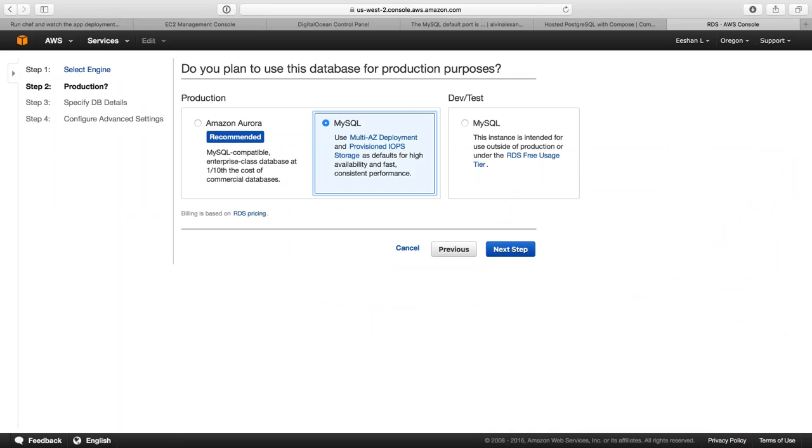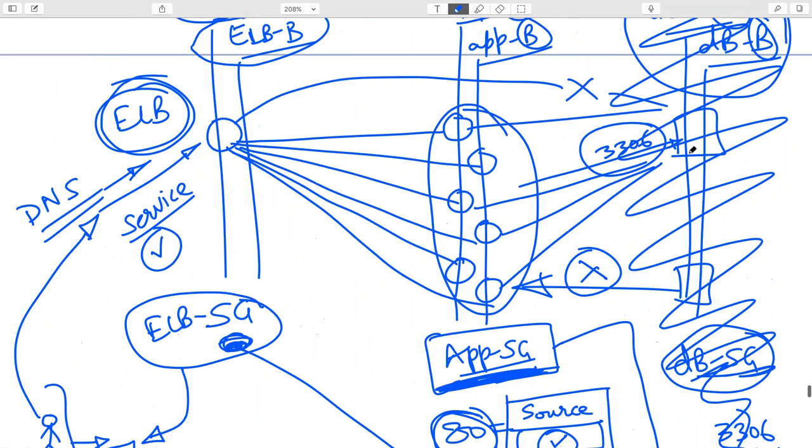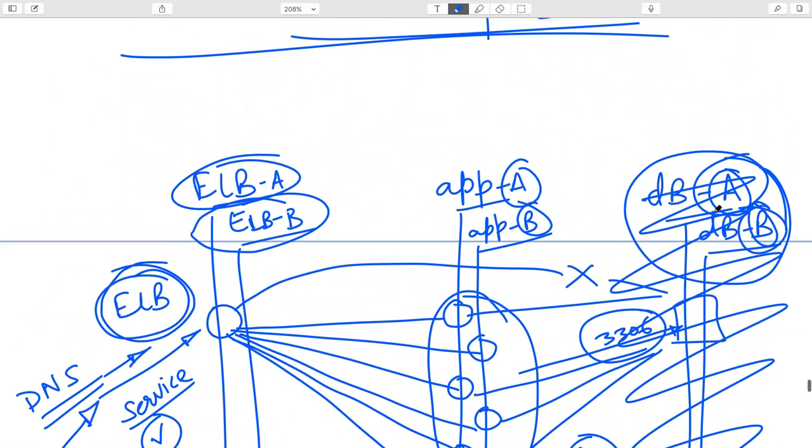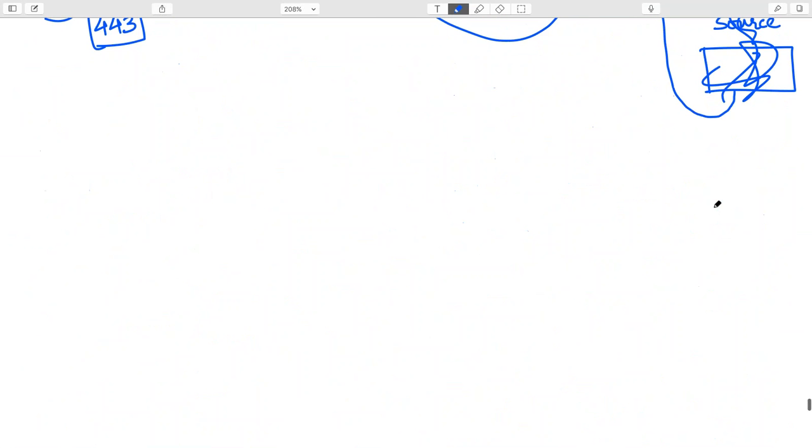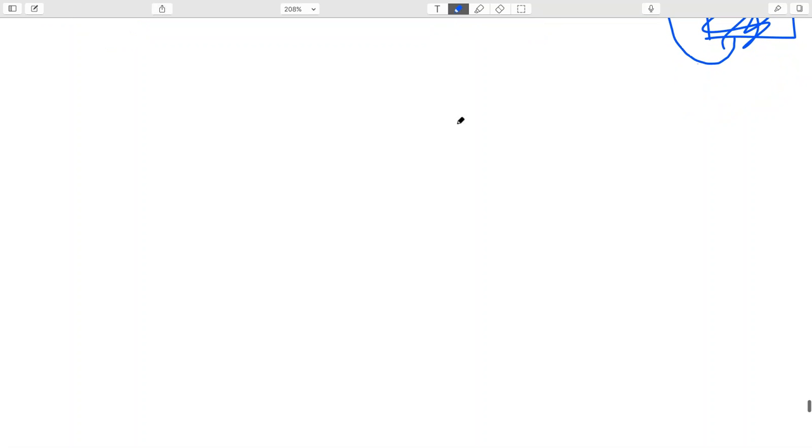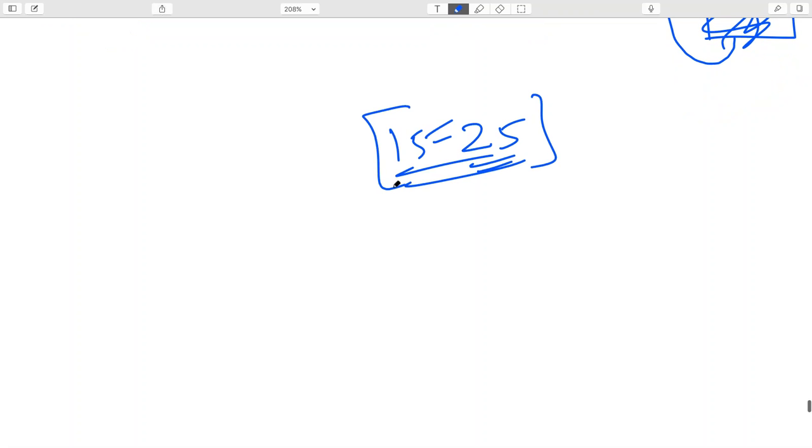I click that, and next step, and it will configure my database for me and do it in multiple availability zones, like I'm describing here. In A and B, it will do it in 2 zones and do a failover and everything else, and manage backup and restore, and everything is taken care of. All I need to do is pay them like $15, $25, something like that, for a very small size database. As the money grows, you can get a bigger box and bigger storage and bigger performance. But to start with, I think $15, $20 is the way to experiment with it, to understand